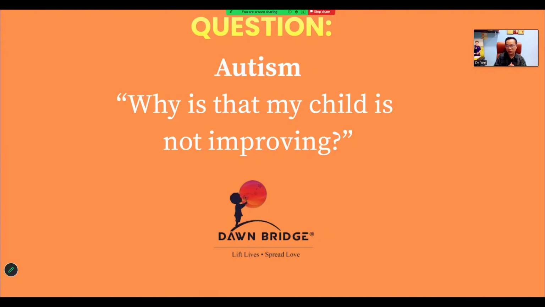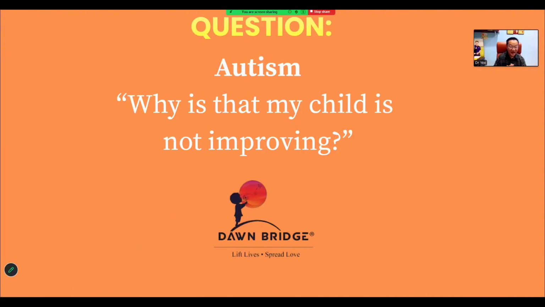These children are usually very sensitive to sound, light, and touch. They cover their ears most of the time, and this is sometimes one of the most difficult types. They easily melt down, have tantrums, and find it difficult to go to public places. They cause a lot of difficulty to the caretaker, to family members, and sometimes to the teacher or therapist as well.